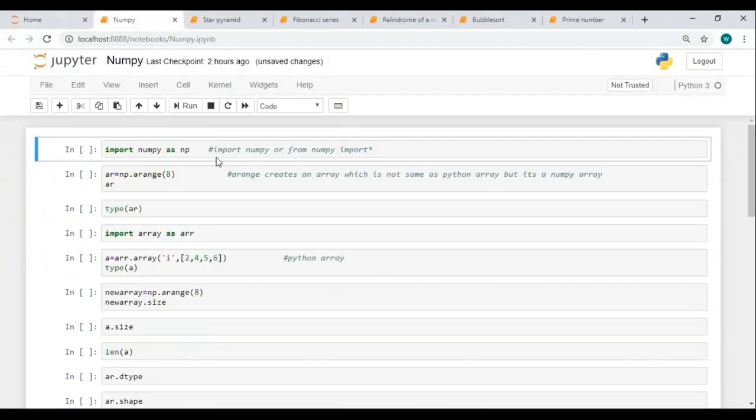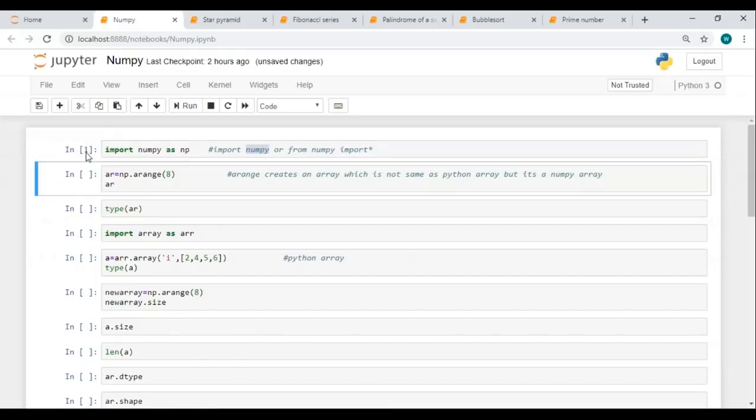To import the NumPy library, all you have to do is use import numpy as np. Now this is a very common method. Here numpy is the name of the library, whereas np is an alias name. You can also import this library by its original name, which is numpy, or you can also use from numpy import star, which is going to import everything that is present in the NumPy library. I'll just execute this code. I'll hit Shift Enter because I want the control to be passed to the next kernel.